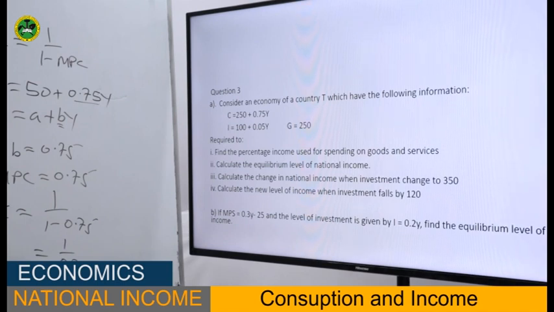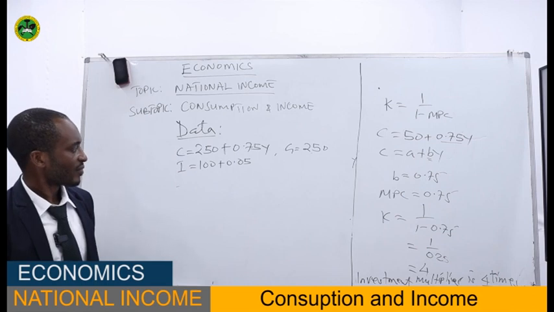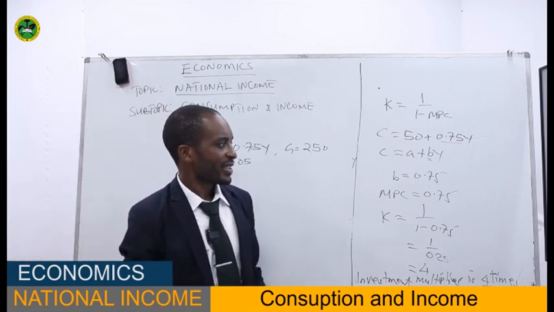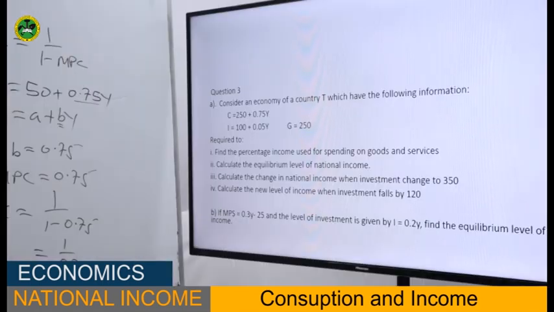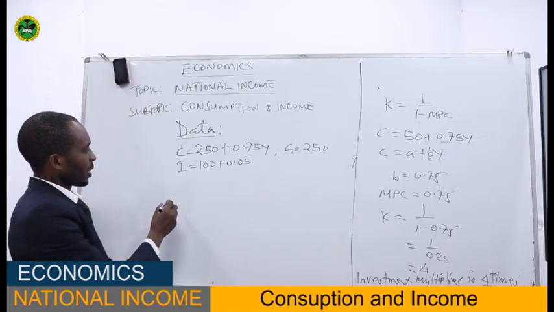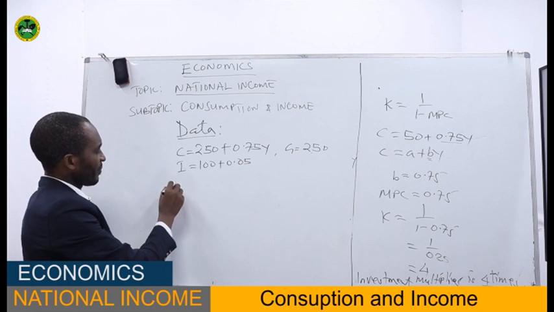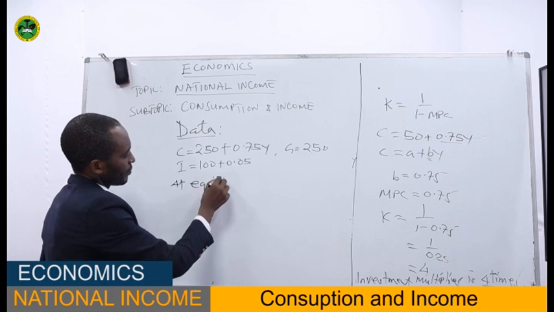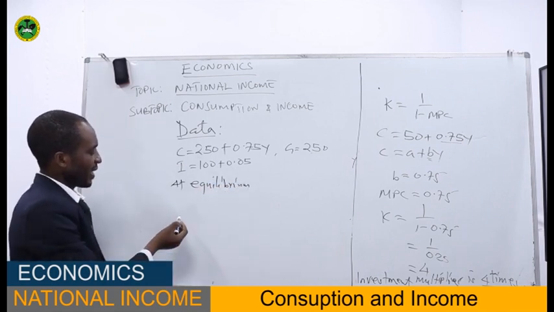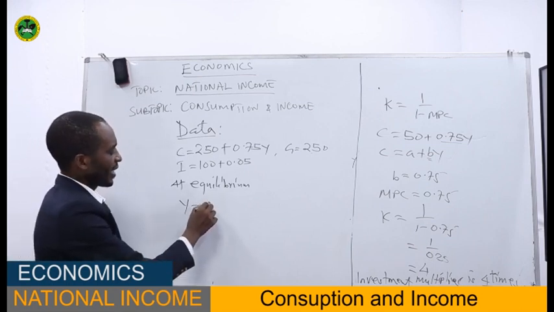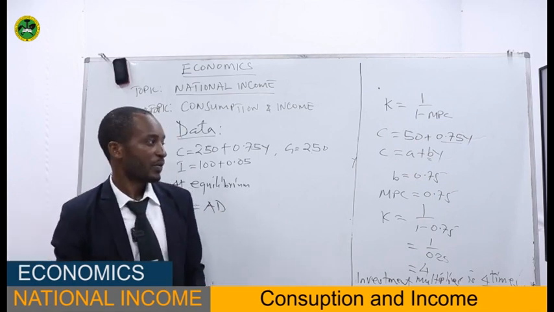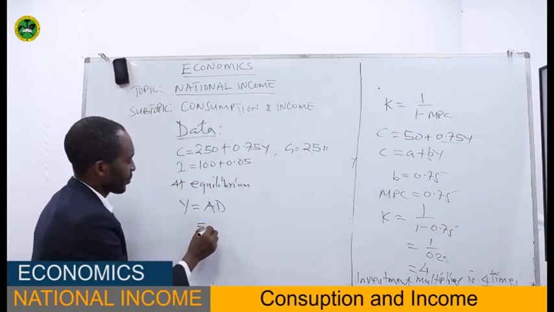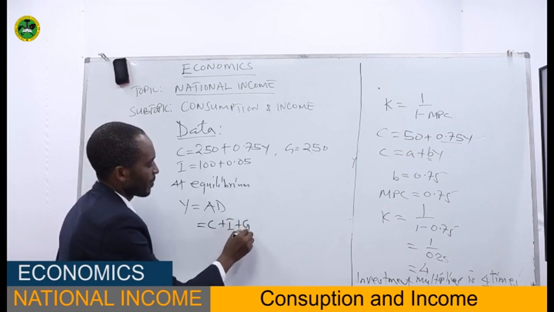Now what we are required to do, we are asked to find the percentage of income used for spending on goods and services. Now before we calculate the percentage income, let us first have the income data and the consumption data. So recall that at equilibrium, national income will be equal to aggregate demand. Now if our economy has three sectors, the aggregate demand will be equal to C plus I plus G,